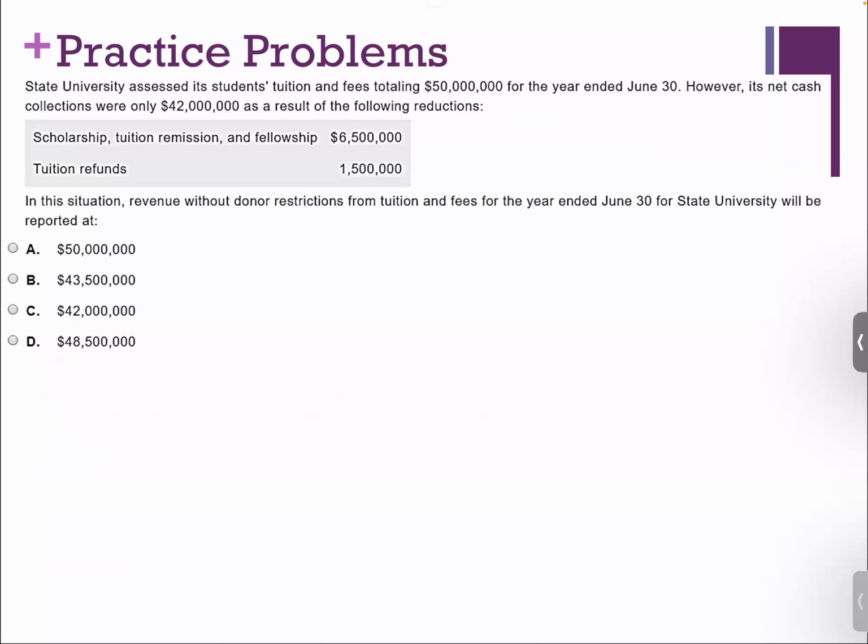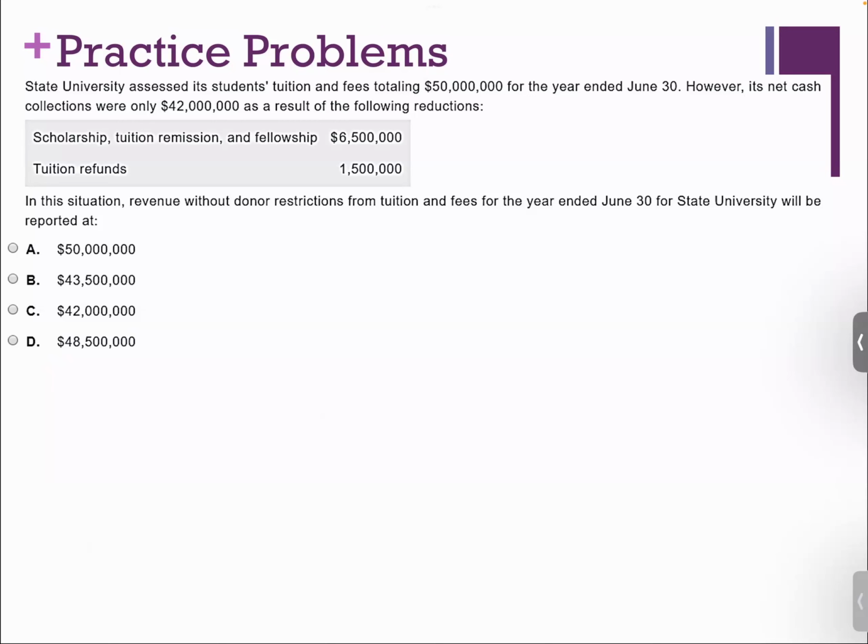State University assesses student tuition and fees totaling $50 million for the year ended June 30th. However, its net cash collections were only $42 million as a result of the following reductions. In this situation, revenue without donor restrictions from tuition and fees for the year ended June 30th for State University will